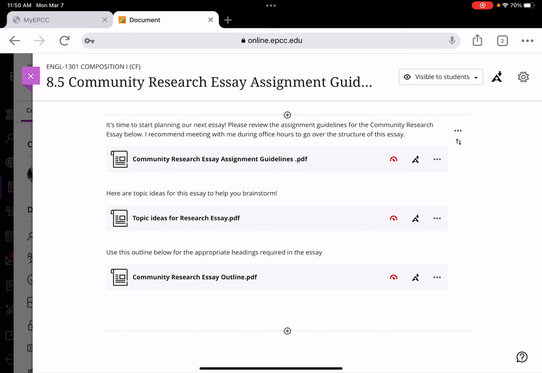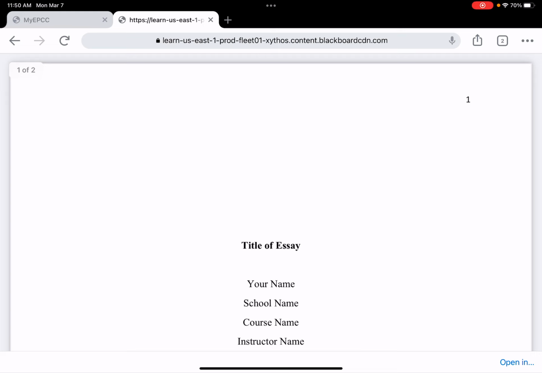Hey everyone, so this week we're learning about the community research essay, and I really just want you to focus this week on assignment guidelines and brainstorming topic ideas for the essay. So thinking about the structure of the essay isn't really a concern yet. It's a little too early, but I just want you to know ahead of time that structuring a research essay